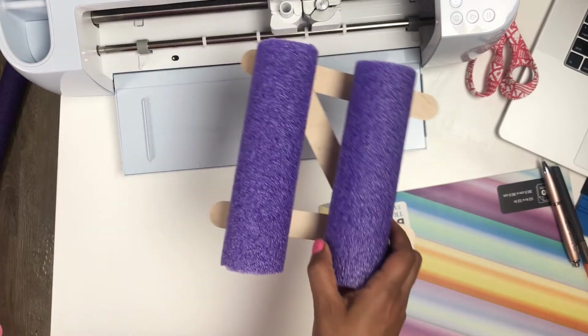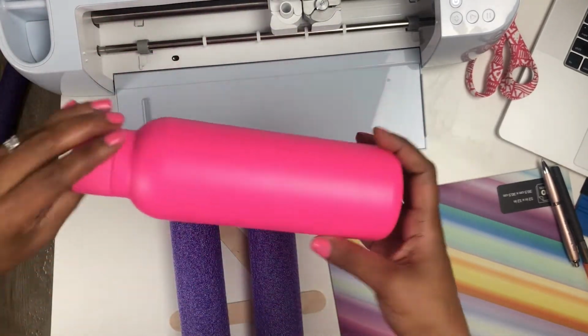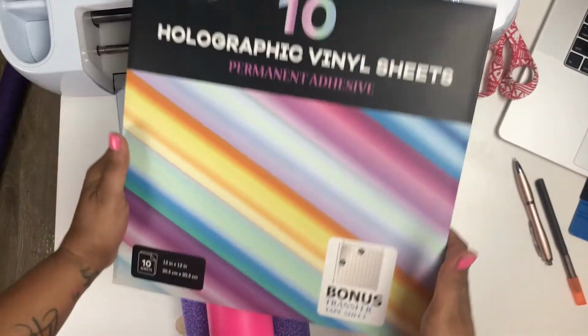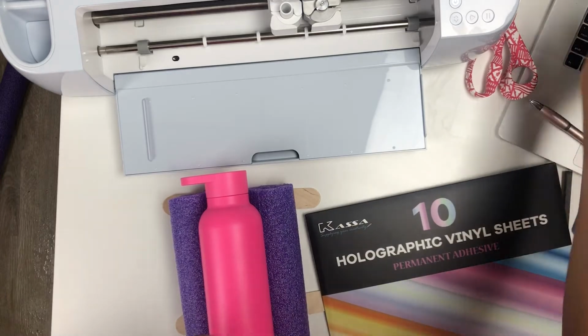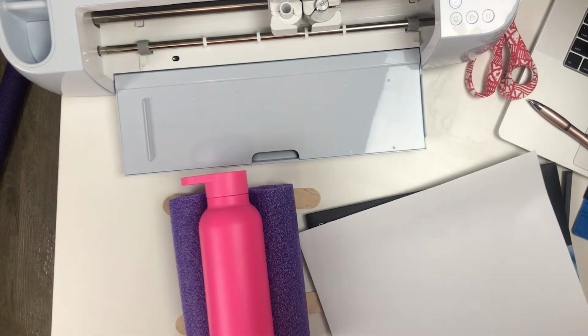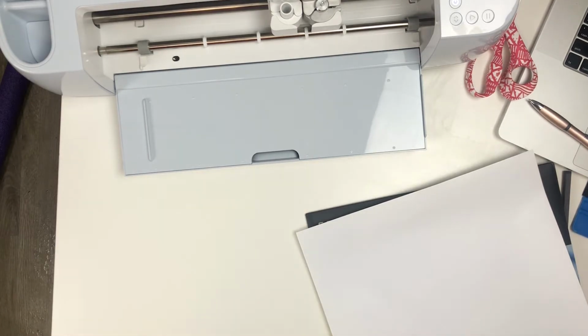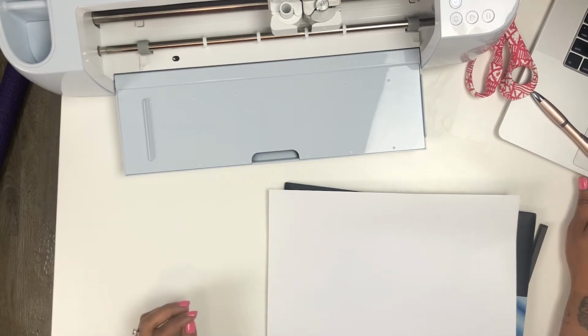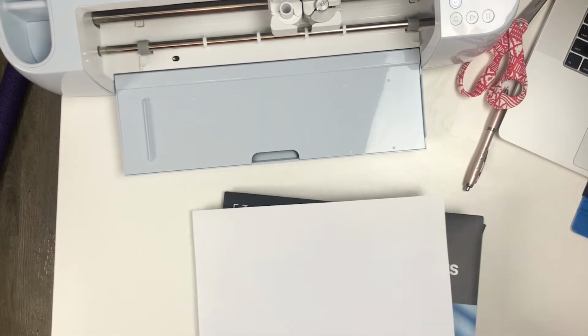You're going to need something to hold your cup, a cup, a Cricut machine, and I am using Casa holographic vinyl and also their white vinyl for my offset. So go ahead and make your design, and because we're using adhesive, you don't need to mirror at all. So go through the prompts on your Cricut machine,